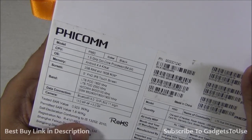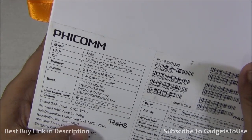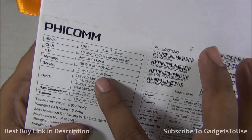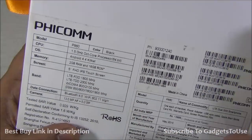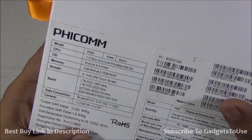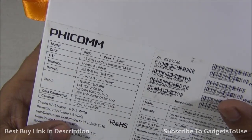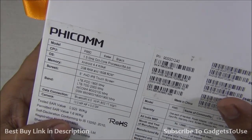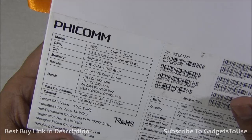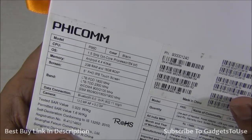We have got a 1.5 GHz octa-core CPU, 64-bit CPU again, and we have 2 GB of RAM and 16 GB of internal memory. The version of Android which is coming preloaded is Android 4.4 KitKat, which is kind of a disappointment because right now all the phones are launching with Android Lollipop, whereas this one is going to be running on KitKat. We have got a 5-inch full high definition IPS display panel,